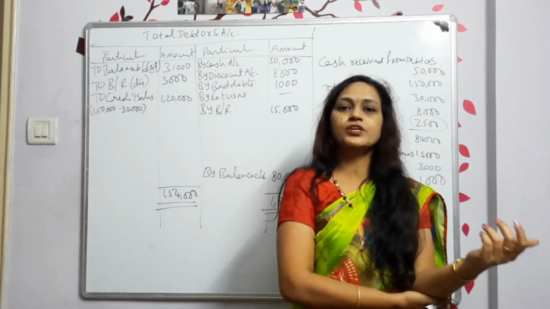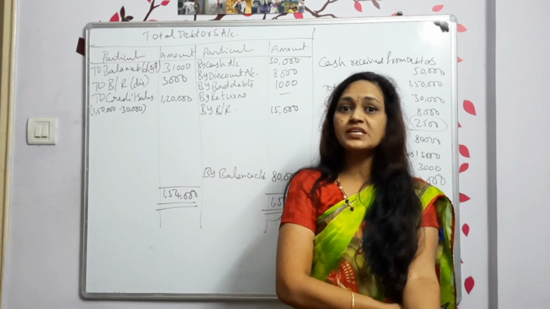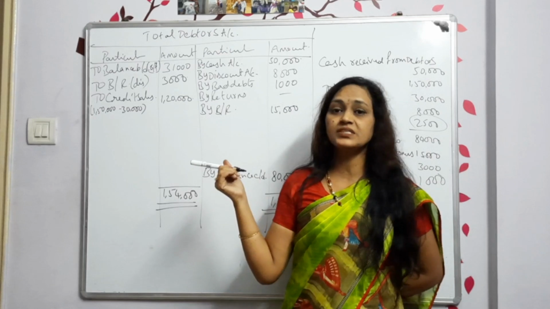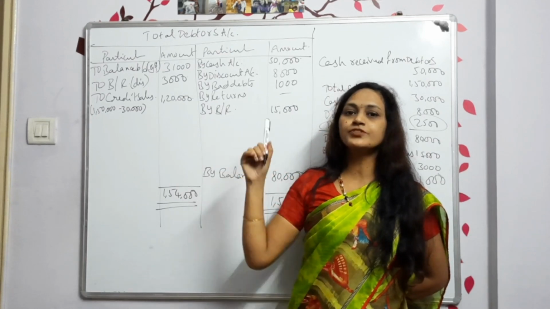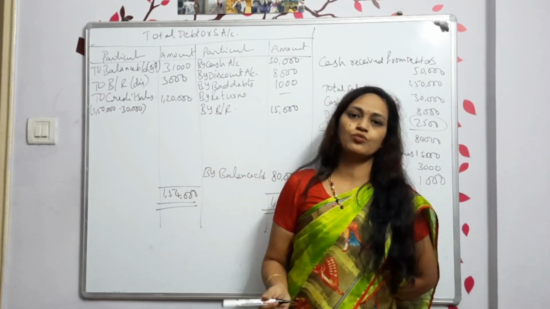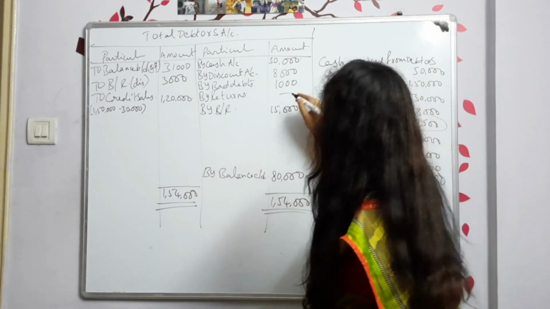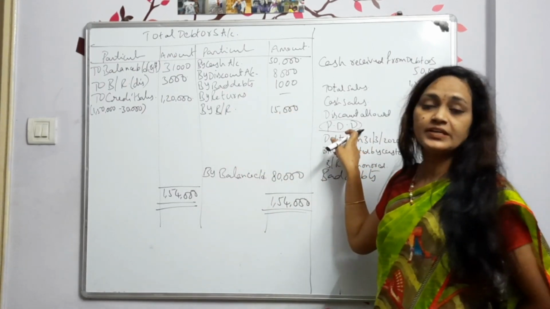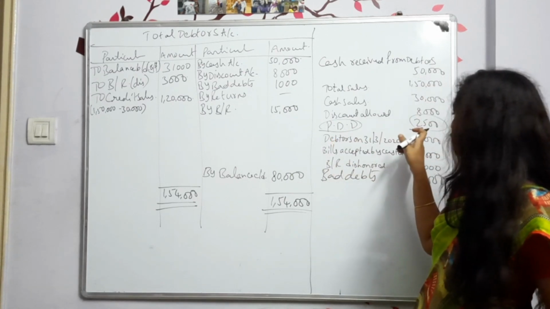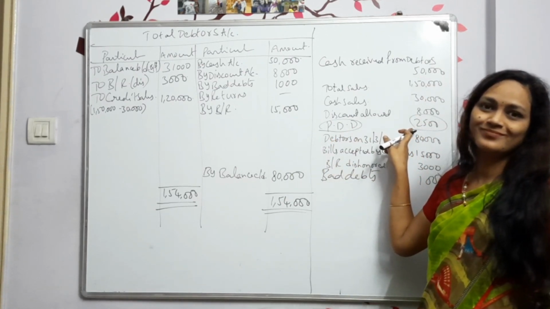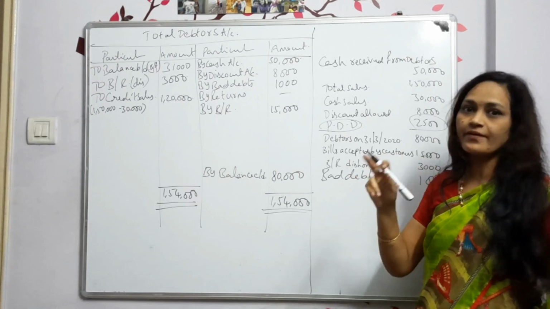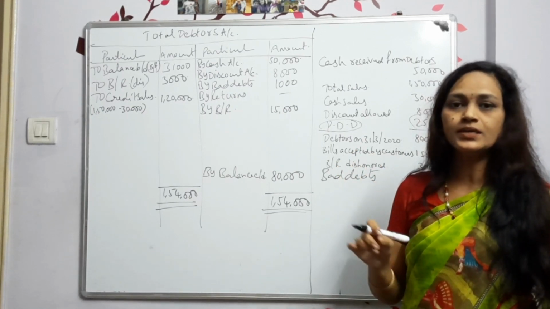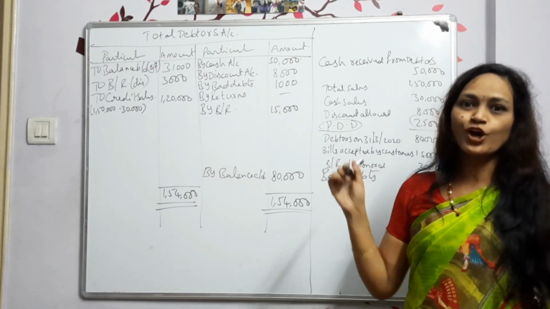Sometimes they may mention what you are going to find out. Sometimes they will not mention it. You have to prepare the debtors account, and whichever is the missing value, you write it down as the balancing figure. In this, which one didn't we take? PDD we didn't take. That means provision for doubtful debts we have not taken, because we don't have PDD. We are having only bad debts. Clear? All of you understood?